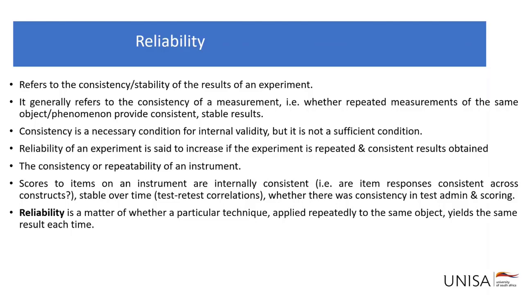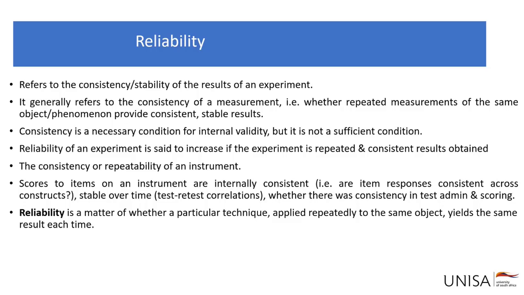So scores to items on an instrument are internally consistent. That is, the item responses are consistent across constructs. Am I getting the same consistent results? Are they stable over time? In other words, when I test now and I come back and retest, is there a retest correlation? Whether there was consistency in test administration and scoring. So when I test now and retest, I should be able to get the same